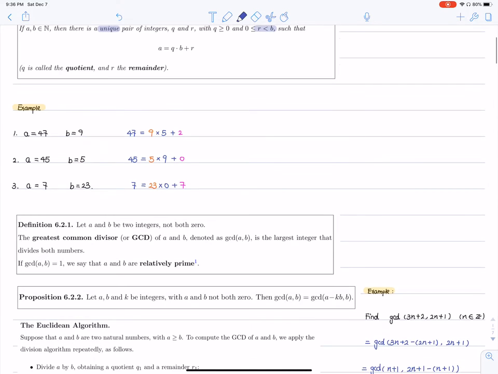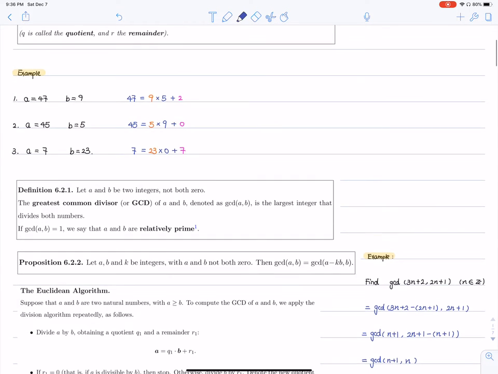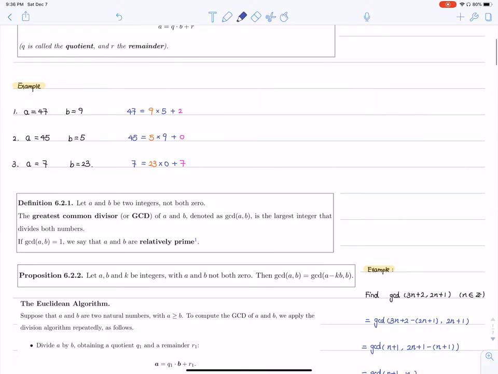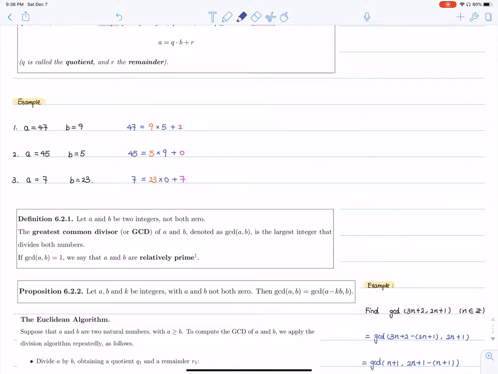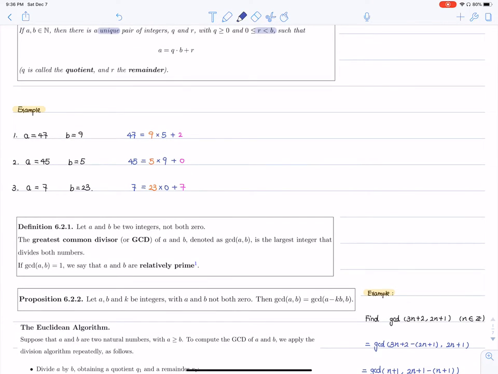I have some examples here. I'm pretty sure everyone knows how to do them. One thing I want to emphasize is, right here, r has to be smaller than b, okay? I use a different color here. This is your b, this is your r. Everyone should know this by now. Anyway,